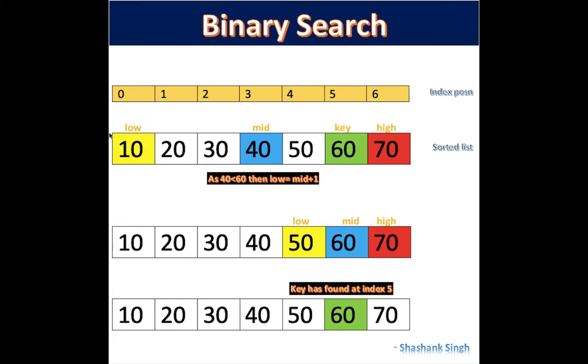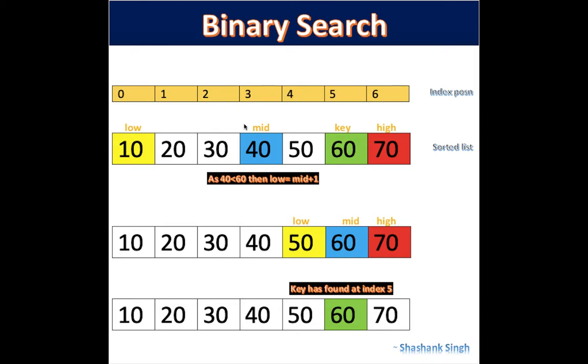So as you can see on my screen as well, in this diagram we have, let's assume this is a list, right, wherein elements are 10, 20, 30 to 70, right? So here these are the index positions of all these items, right? So initially low will be the 0th index, high will be length of list minus 1, right? So here the length of the list is 7, 7 minus 1 will be 6, so high will be 6, right?